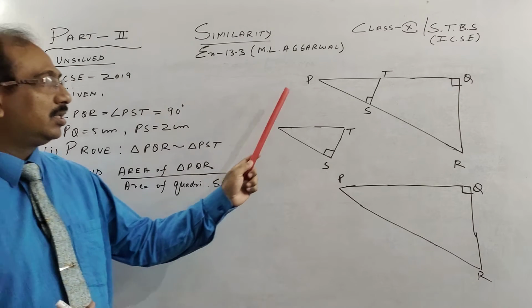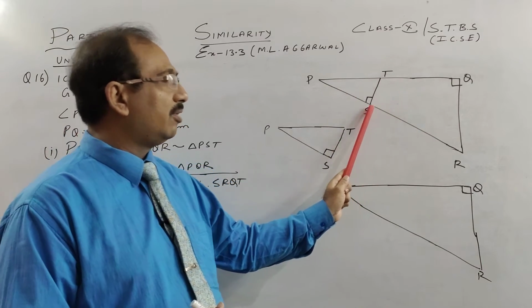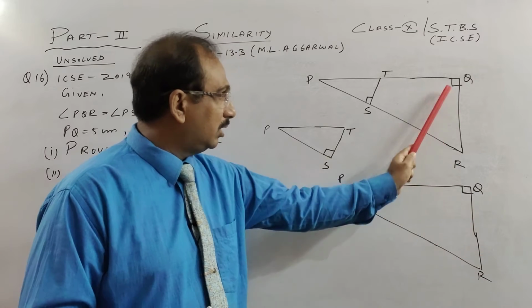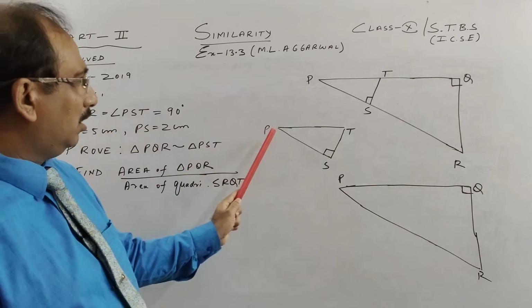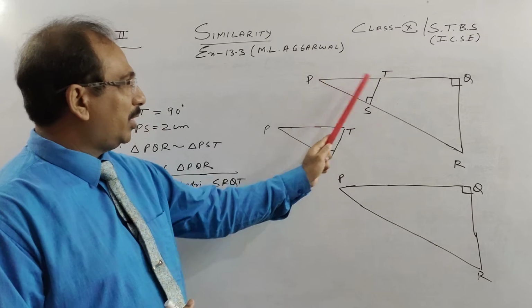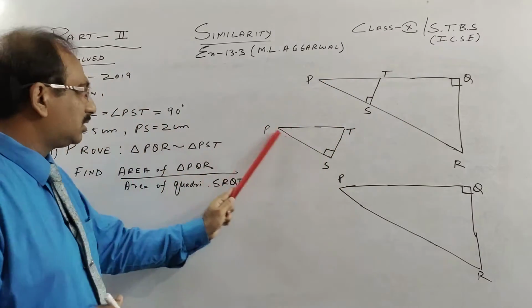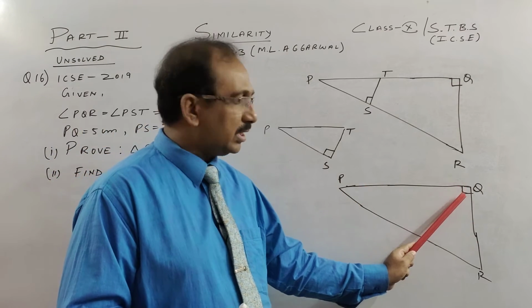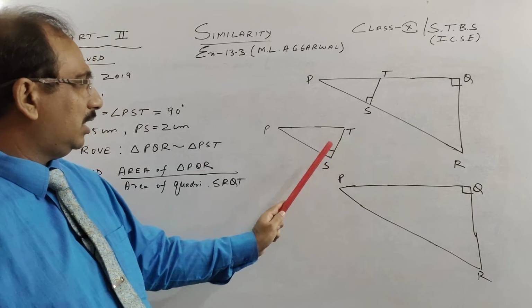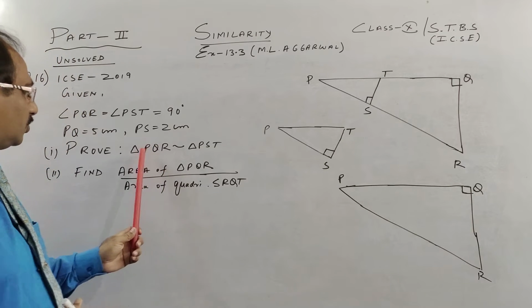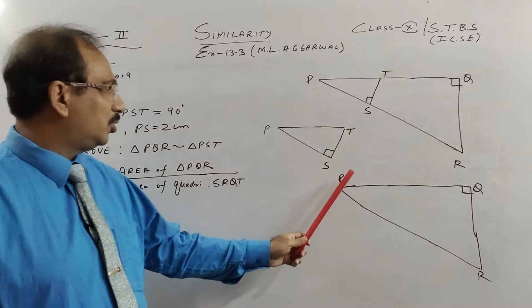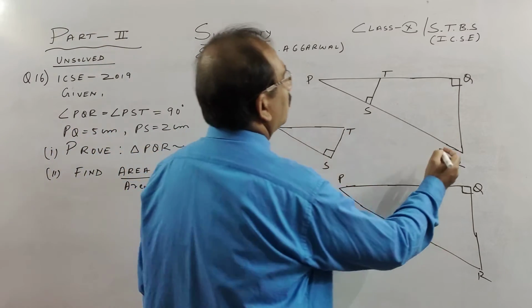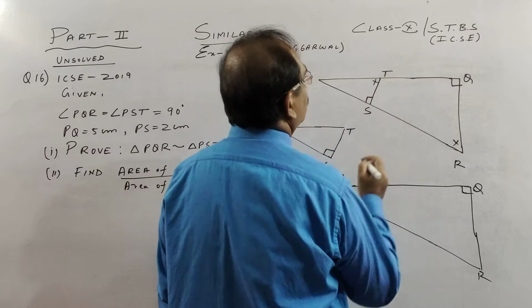So what is given here children? Generally you will see one big triangle where you will have another small triangle. So see clearly, we have triangle PQR. This is 90 degree and it's given that PST is a part of PQR. So PST, remember ordering is important. In PQR, angle Q is 90 degree, and in PST, angle S is 90 degree, and you will see first to first, P is equal to P in both the triangles, and R corresponds to T. So R corresponds to T means these two angles are equal.